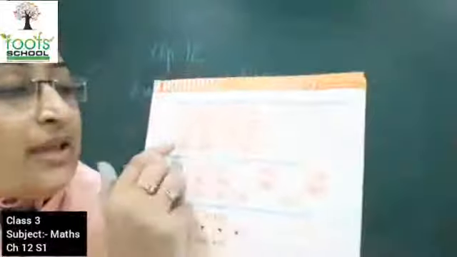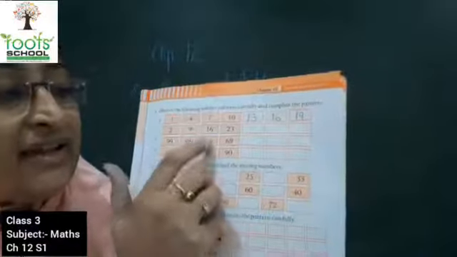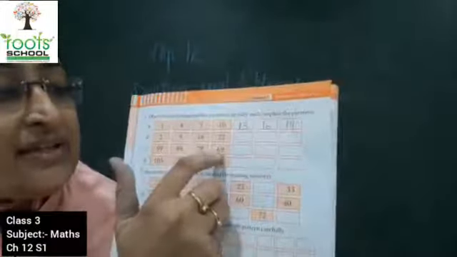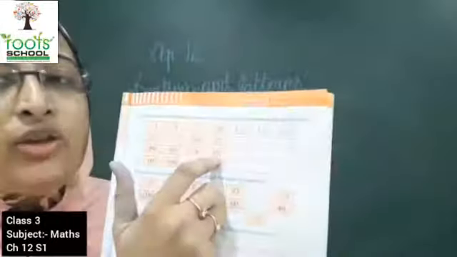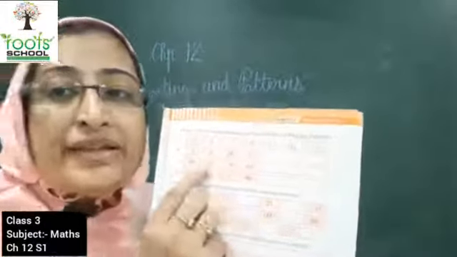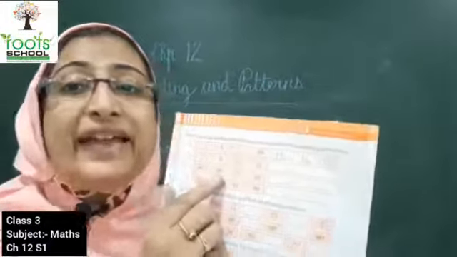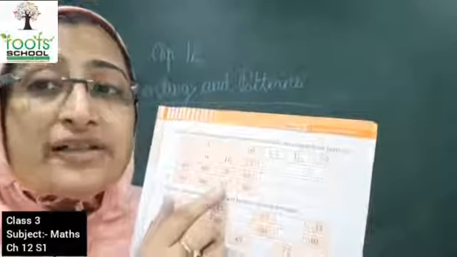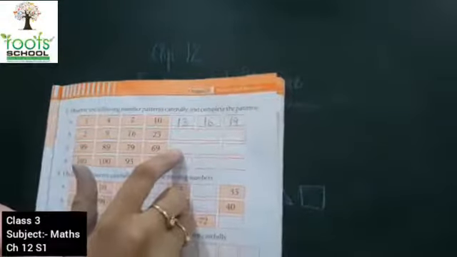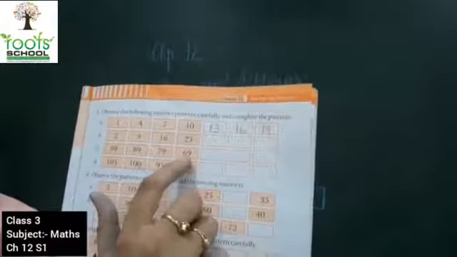Now we move on to sum number C. It is 99, 89, 79, 69. What pattern can you see being followed? Yes, there is a skip count by 10, but it is reverse counting. As you can see, first 99 is there, then 89. So you have to go backward by 10 numbers. So here 69. So what will come?